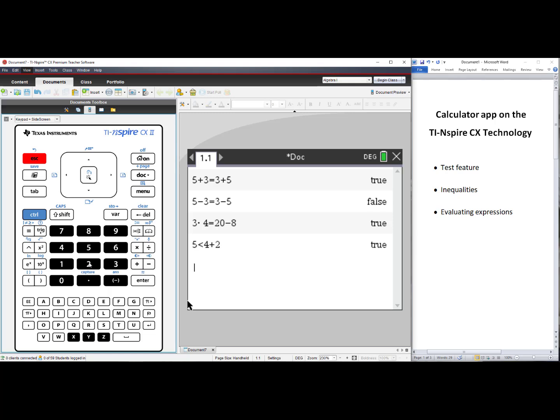I could evaluate 2x plus 3, Control equals, select such that, and then put in x equals 5. 2 times 5 is 10, plus 3 is 13. So this is a such that symbol located in your